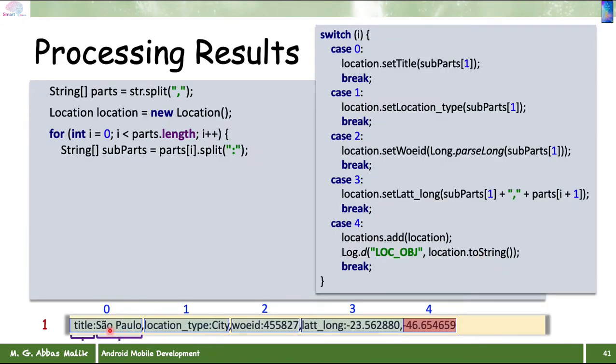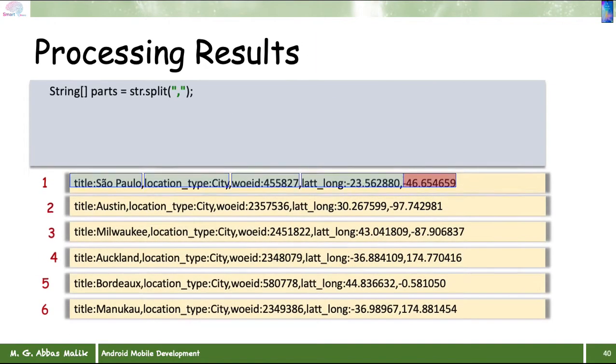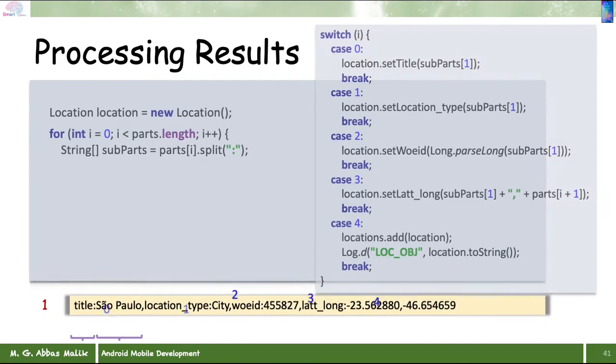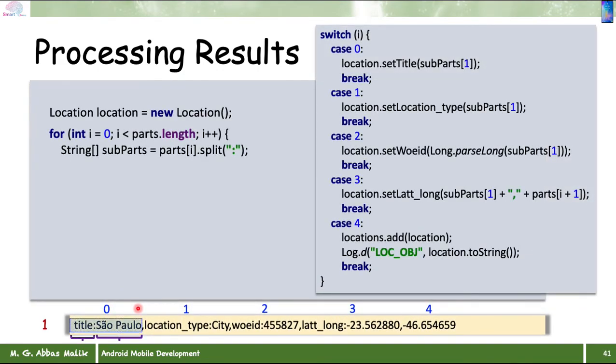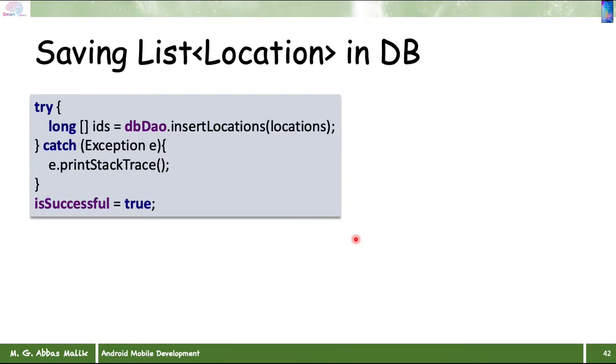Now we will do the same thing for each object. If we look at that, we have 6 different objects, so we are going to perform like this. First of all, index value 0 will go into the title. Index value 1 will go into the location type. In our location object, that is a where on earth id, that is here, so it will go into that one. Then we also have this one, but here these are two different values. So we need to combine this one and this one together and put it into the latitude and longitude value, and we are adding that location object inside our list of locations. And once we have done it for all 6 objects, all have been inserted into the list of objects,